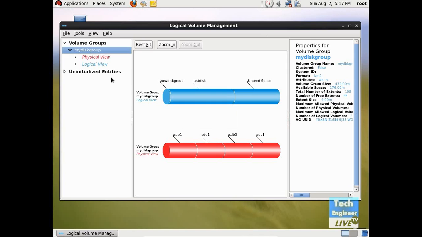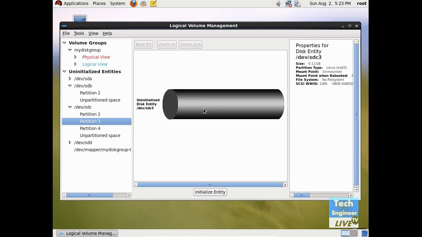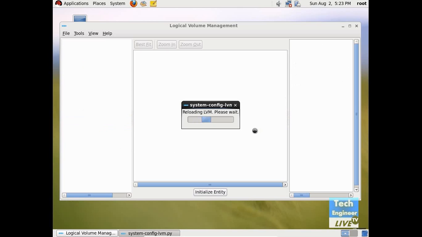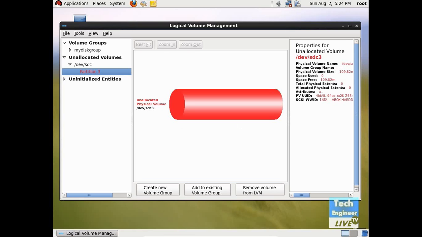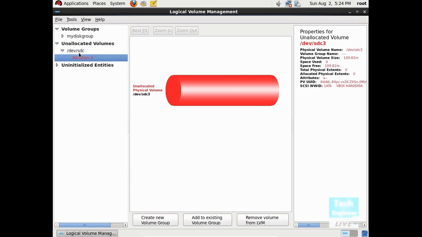Okay, so again reloading LVM. Okay, so it's created. Finally, it's created at the hard disk sdc, partition 3, and this is the physical